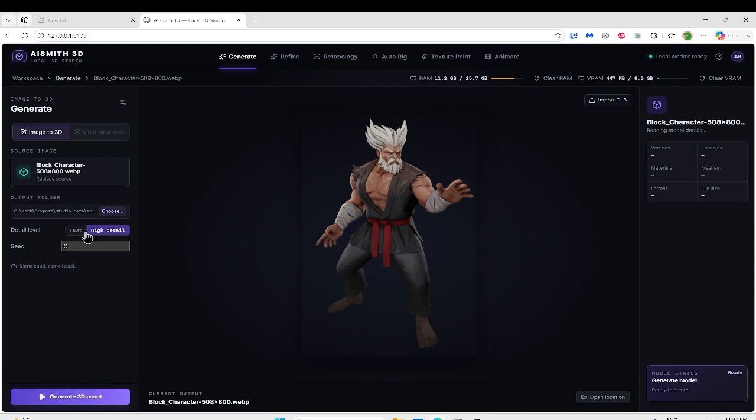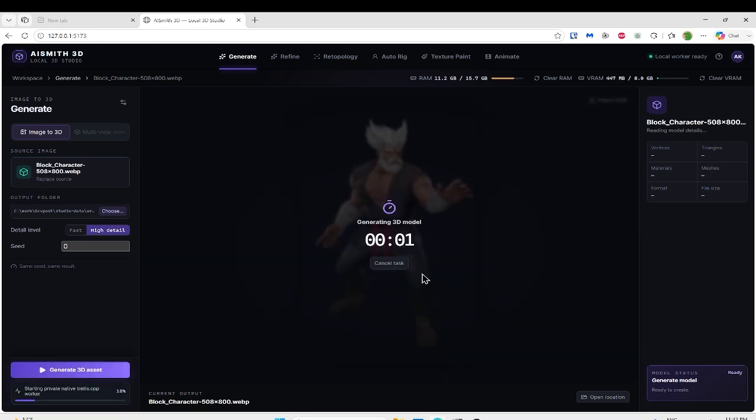I built AISmith 3D with Codex and GPT 5.6 Terra mostly. I use them throughout the development to design the local React and FastAPI architecture, connect the CUDA and Blender worker workflows, integrate the third-party libraries that I'm using, and then to iterate on testing, error handling, and documentation. GPT 5.6 made it possible to build this whole thing within a few days, basically, and I'm quite amazed at